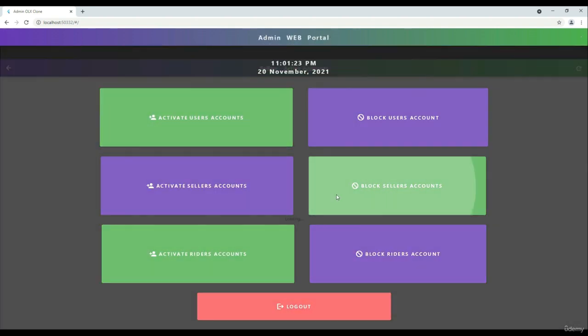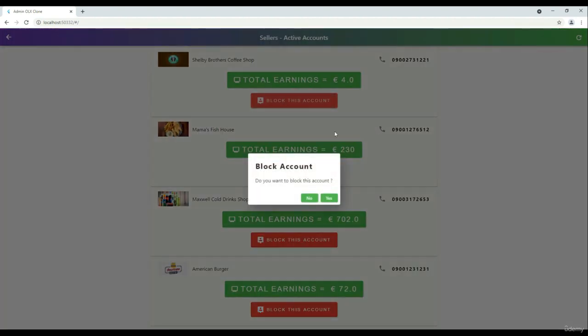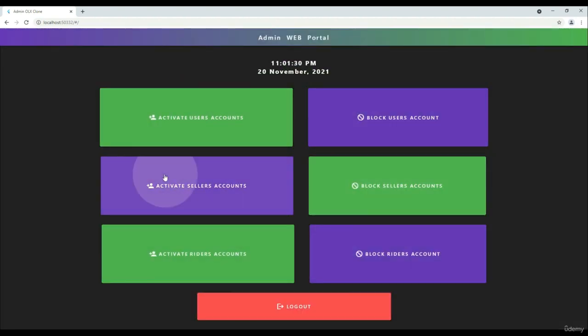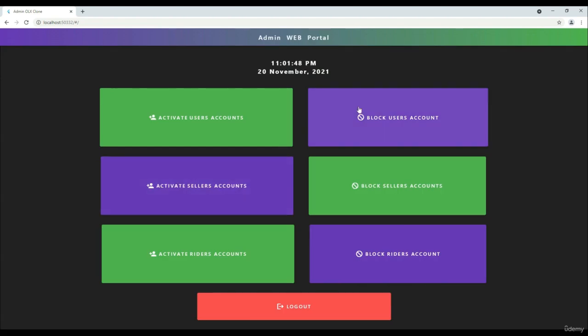Similarly it goes for the users and for the sellers. If you block anyone, then he will not be able to use the app, for example, this seller is not allowed anymore because he is now blocked by the admin. So yeah, this is all about this course where we will develop the fully functional FoodPanda